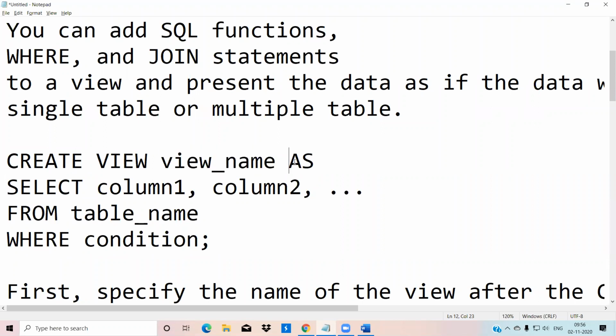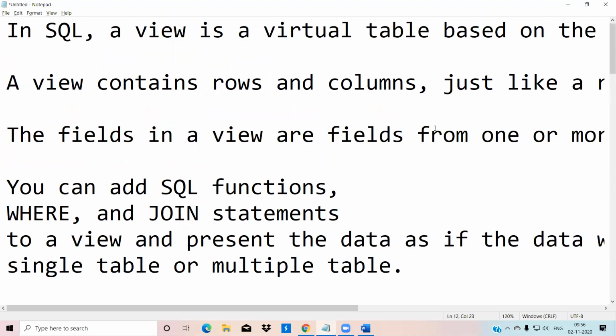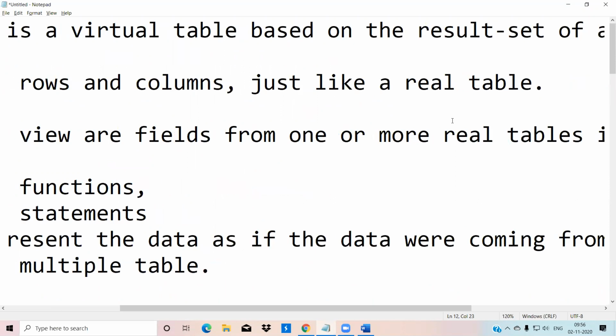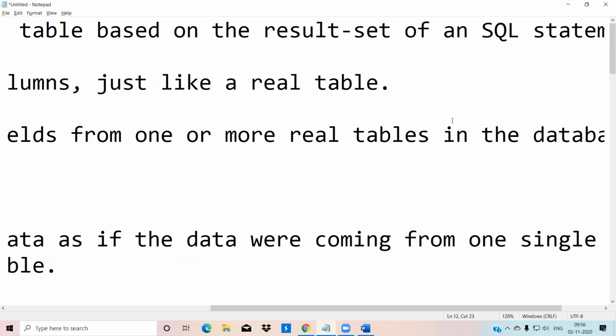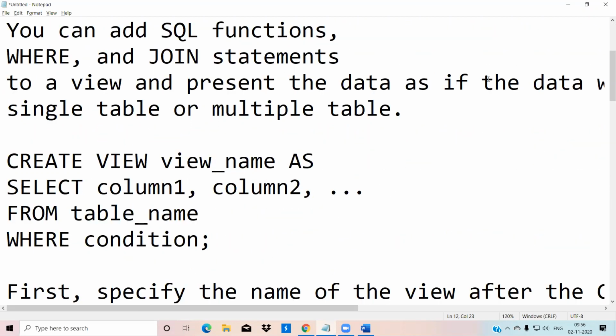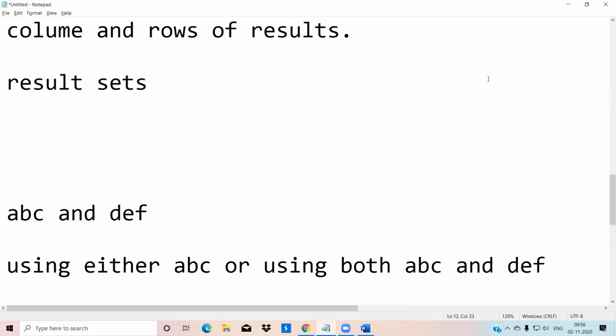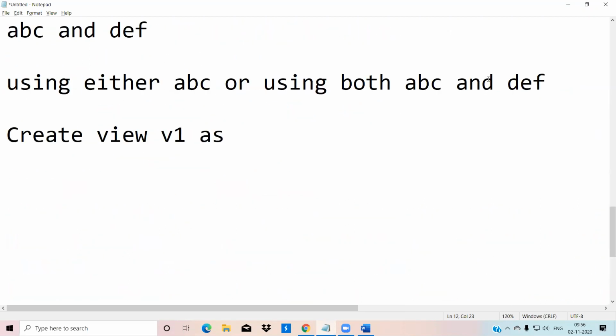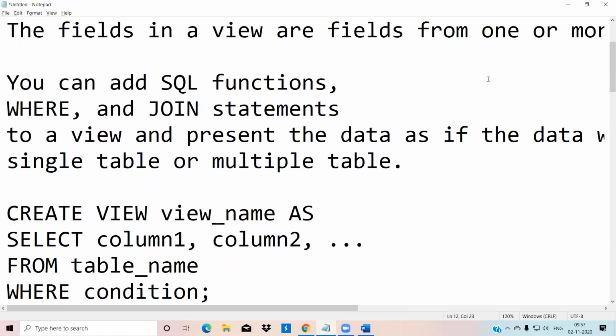Okay, what is the condition there? When creating a view, you definitely need some condition. Say for example, views always work for a real table or result sets. Here I said create view name as v1 as select n columns.